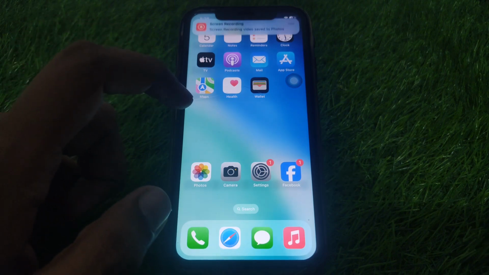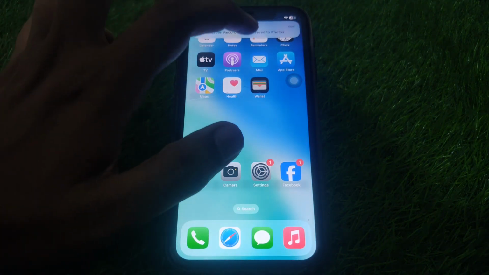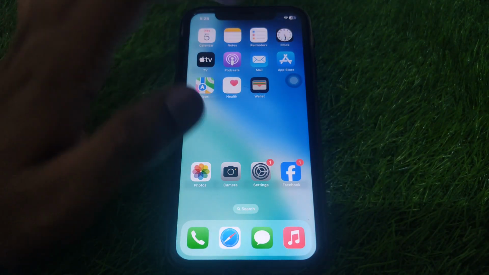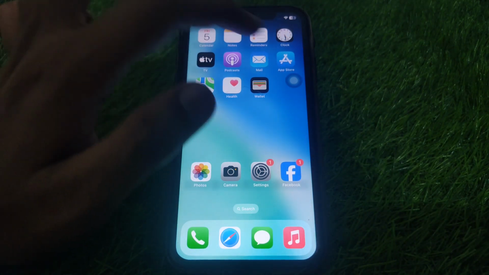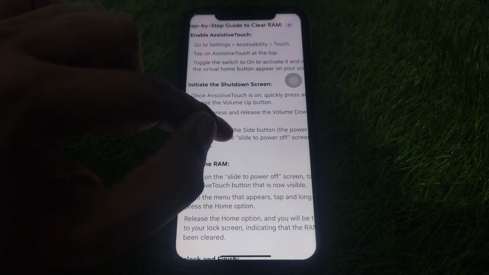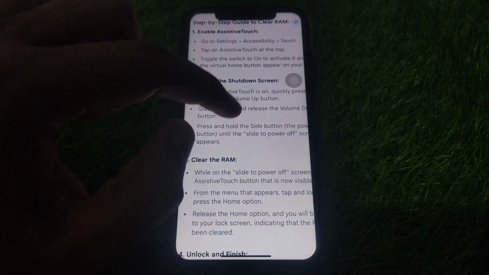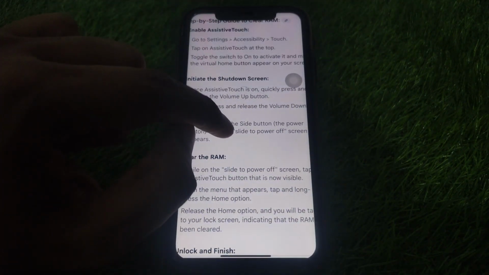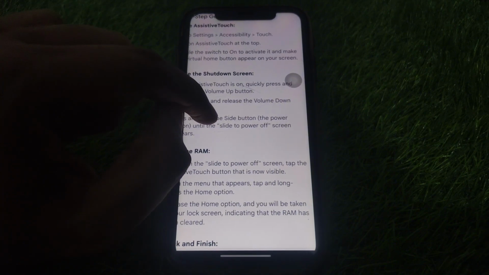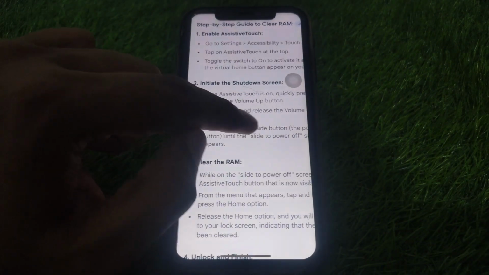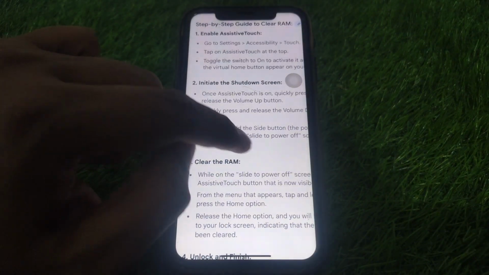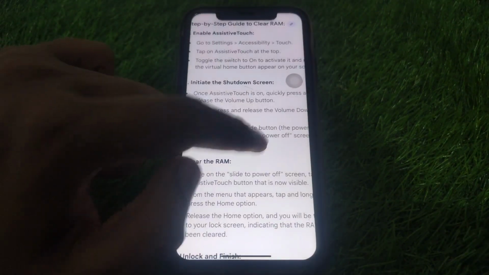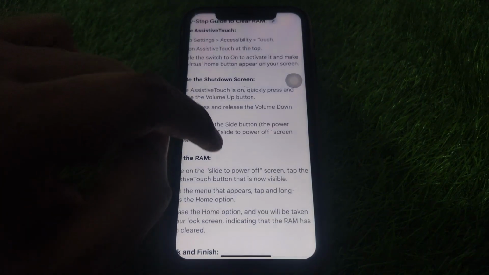So in this way you can restart your iPhone and clear all the RAM by following the procedure. What is the procedure? I can repeat. Here you have to turn on the assistive touch and after that initiate the shutdown screen, and as you turn on the shutdown screen you have to quickly press the volume up button, and after that quickly press and release the volume down button, and press and hold the power button